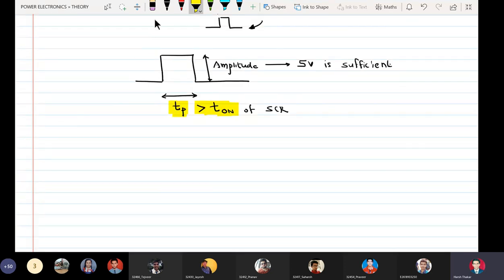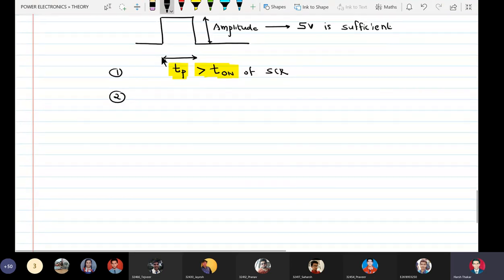The second requirement actually forms the basis of solving numericals on SCR.